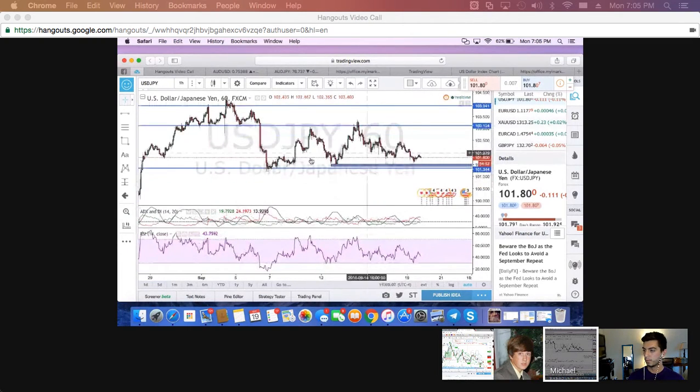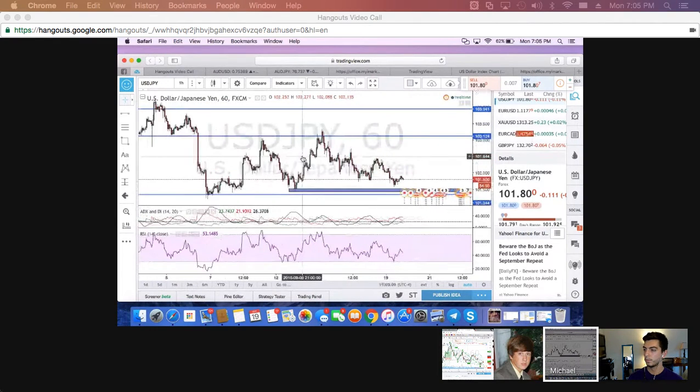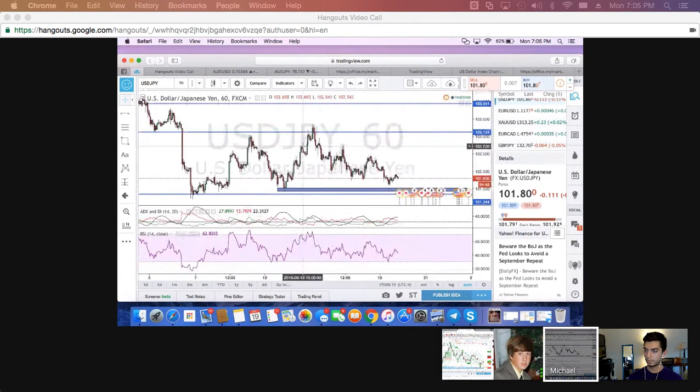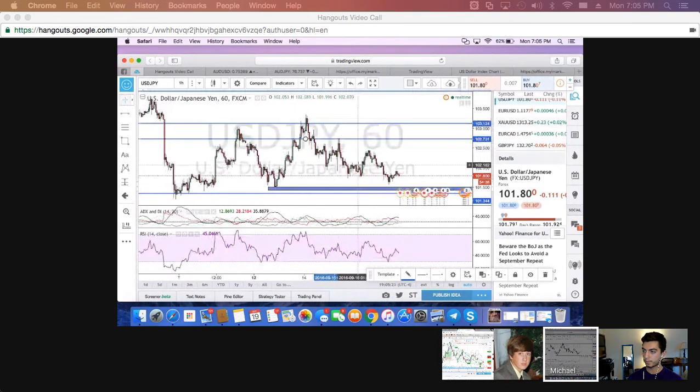Oh no, zoom in, zoom in, zoom in. Yeah, see it, it's a little bit right of your cursor. Keep going right, slowly, right there. See those two wicks? That's where I bought. I bought right at the top of that green wick, and I'm in the red right now, just because I bought off of the trend and it just messed me up so hard.